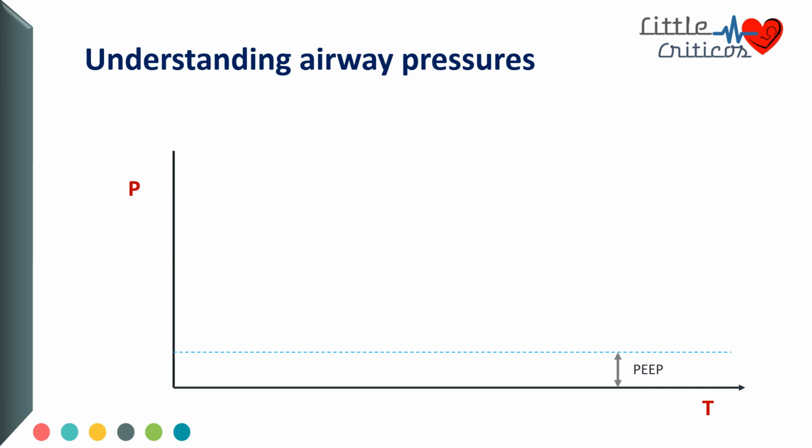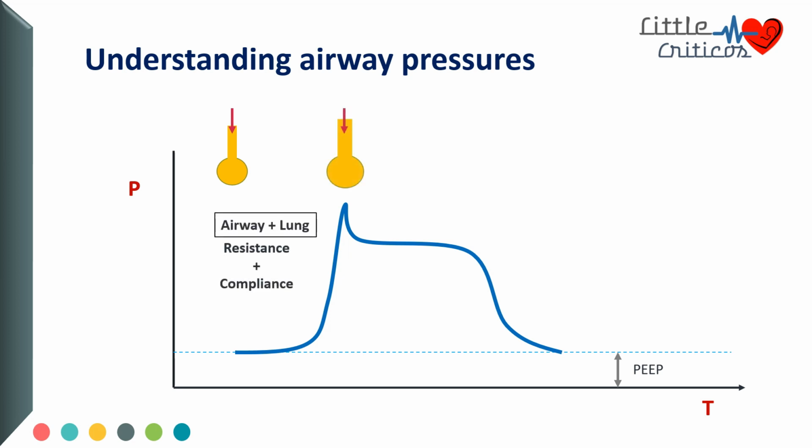Let us try to understand the airway pressures in the pressure time scalar. During the process of inspiration, air enters from the ventilator into the alveoli. During this process, the air has to distend the airway and alveoli. The pressure that is generated in causing distension of the airway and alveoli is called peak inspiratory pressure. Once the airway resistance is overcome, an equilibrium is achieved, following which, if we occlude the airway at the end of inspiration, then it is reflective of lung compliance alone. This pressure, which is reflective of alveolar pressure, is called plateau pressure.